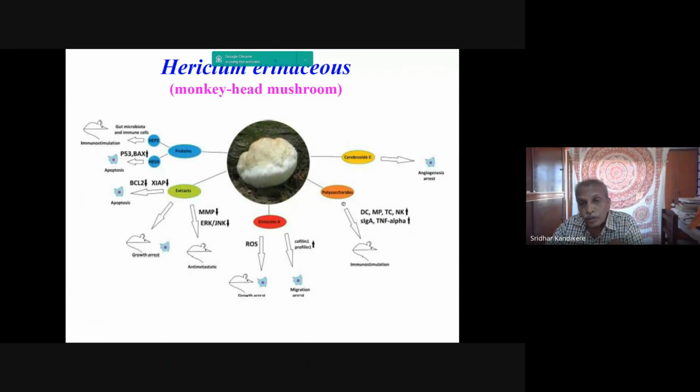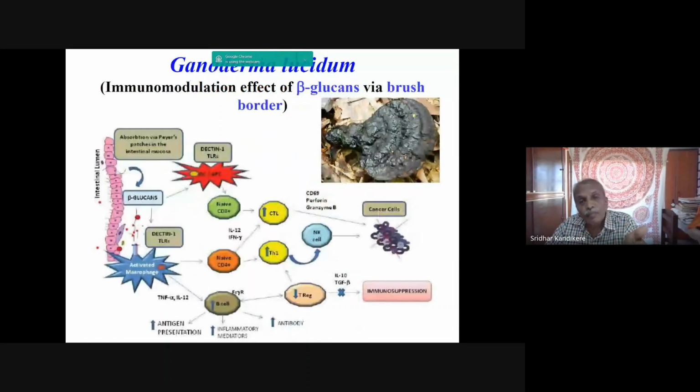Prebiotics means they stimulate probiotic organisms like Lactobacillus bifidum and Lactobacillus species, and various propionic acid bacteria. All such things will be stimulated because of this polysaccharide. They are referred to as prebiotics because they will not be digested. For example, inulin is one of them; it will not be digested in our intestine, but it stimulates the probiotic organisms, and these beta glucans act on the brush border, and